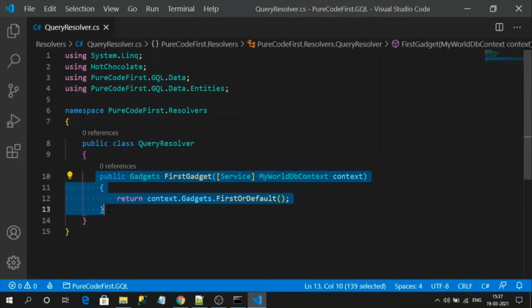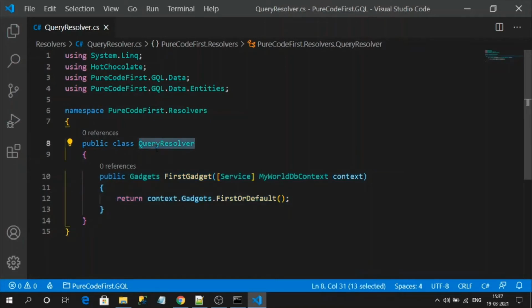And one last thing we need to do is register our query resolver class. This query resolver class, I can call it a query type. To make this query resolver class a GraphQL query type, we need to register it in the startup class under the GraphQL server.